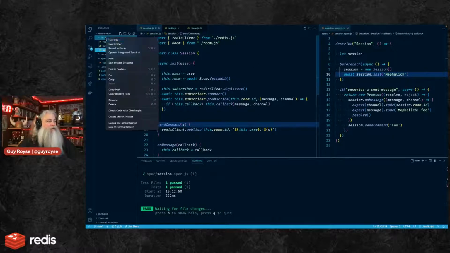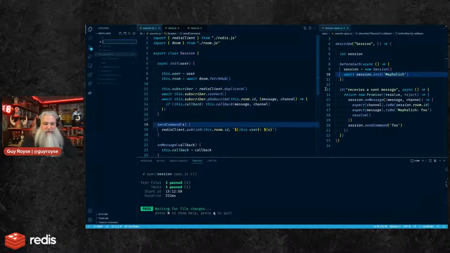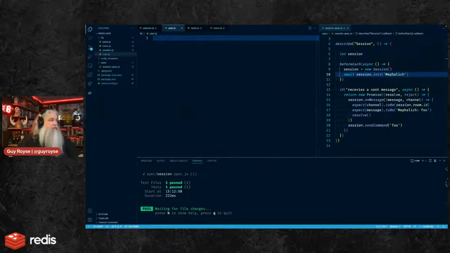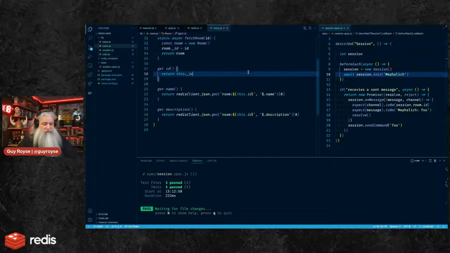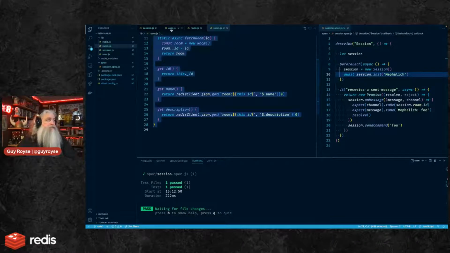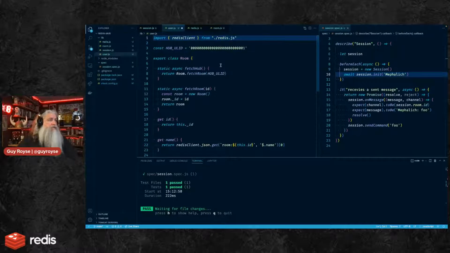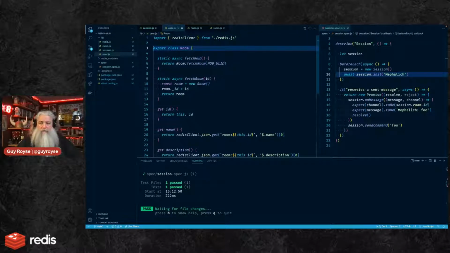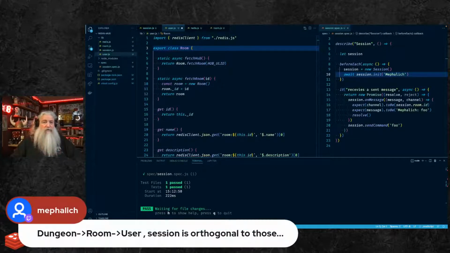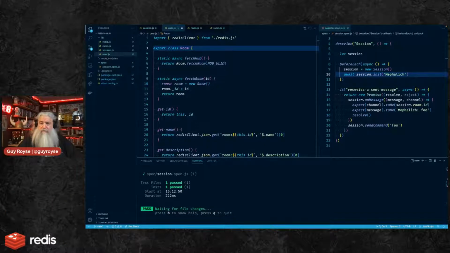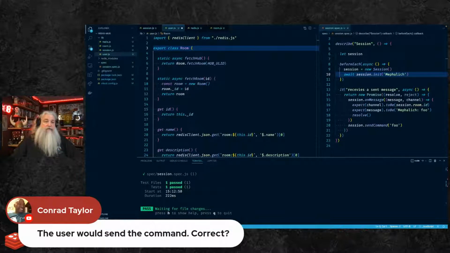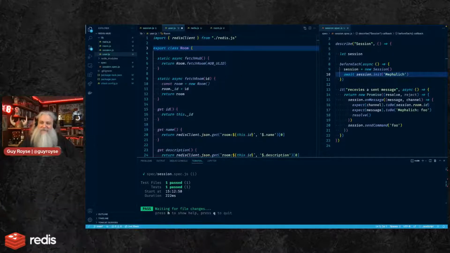This will be progress we can make, right? Let's create a user.js. This will basically be what the class.js is. Yeah, the session is orthogonal to all of those. And yeah, a user could send the command too. See, all these make sense, right?